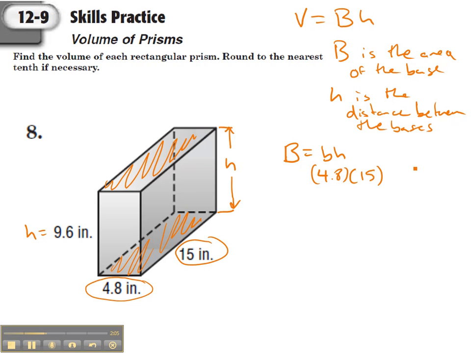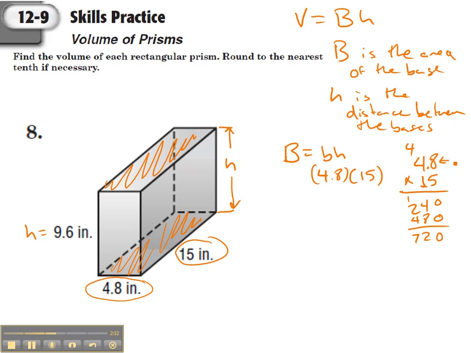So let's do that first, and remember when we're multiplying with decimals we ignore the decimals, so it's like I'm multiplying 48 times 15. Now put the decimal back in, we need it at the end. 8 times 5 is 40, carry the 4, 4 times 5 is 20, plus 4 is 24. When I'm multiplying by 1 I'm really multiplying by 10, so start with a 0. 8 times 1 is 8, 4 times 1 is 4. Add these up and we get